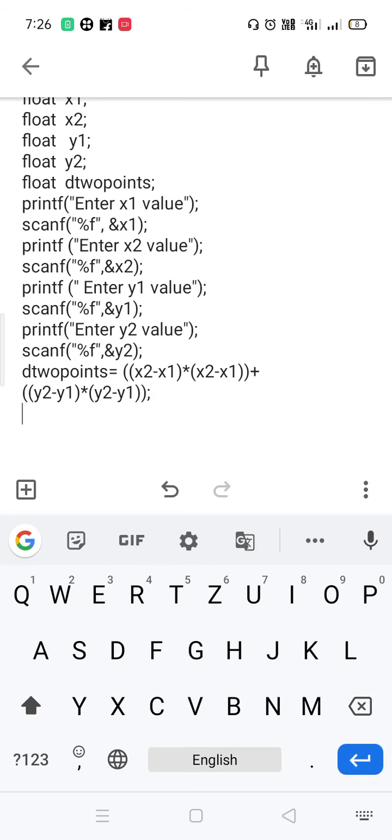Next, I have some values, some calculation, d2 points having some value. Now I am going to print the value of d2 points.